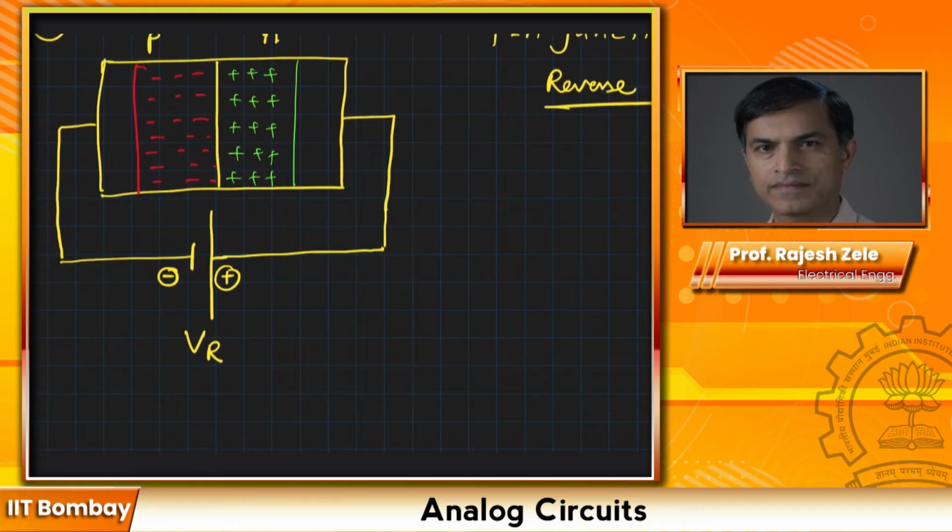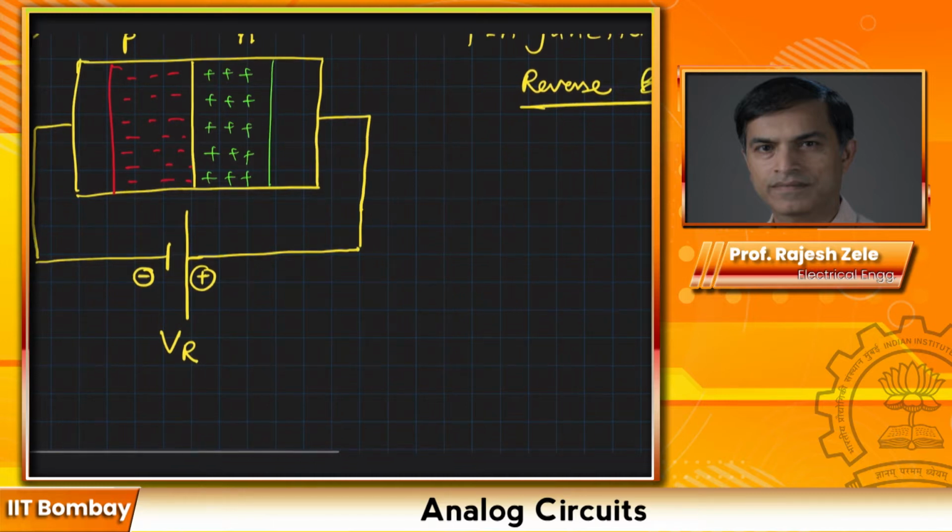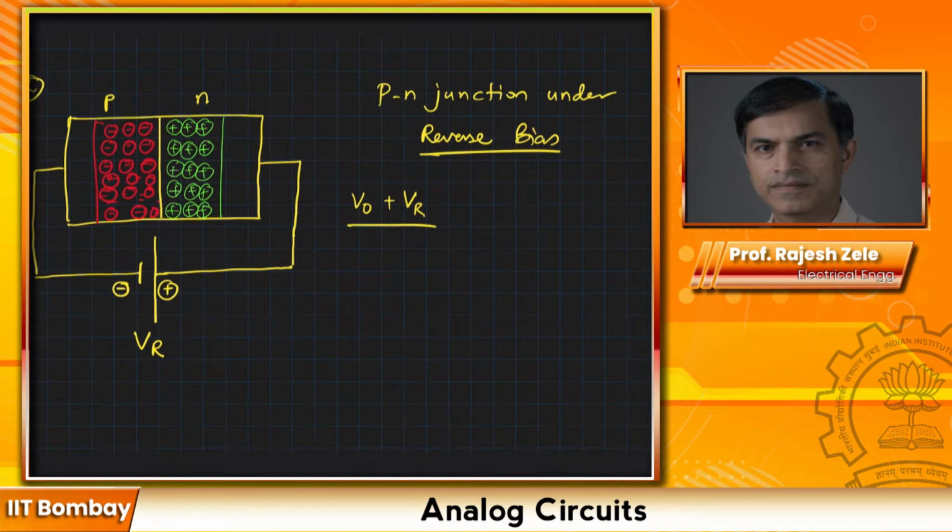So this reverse bias voltage will add on to the built-in potential at the interface, and we would see the barrier. Originally the barrier was V0. On top of that we have added reverse bias potential. So by putting the PN junction in reverse bias, we have increased the built-in potential. We have added on top of the built-in potential V0 plus VR, and what this would do is your I